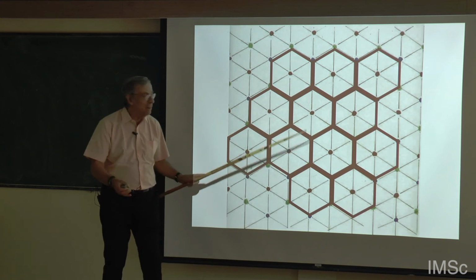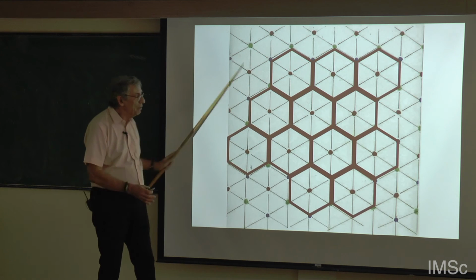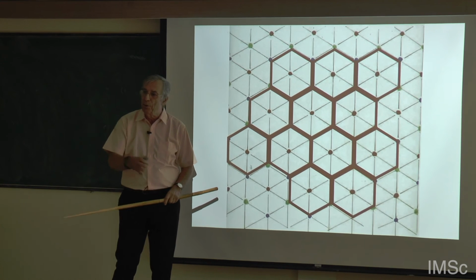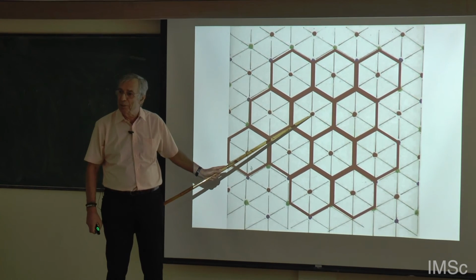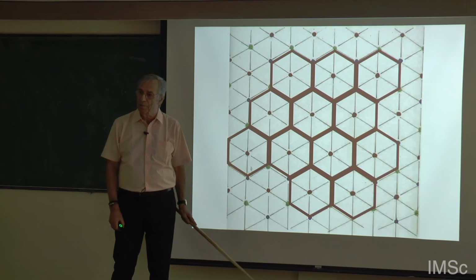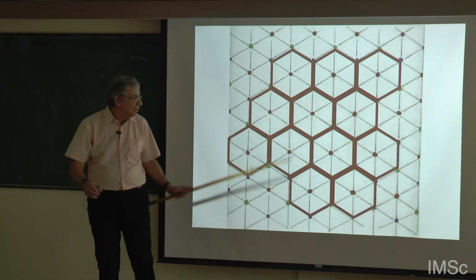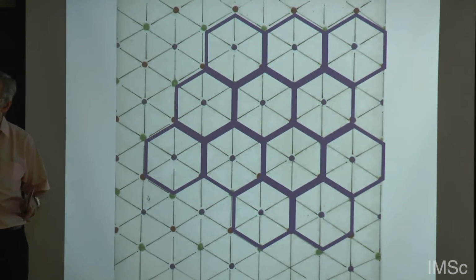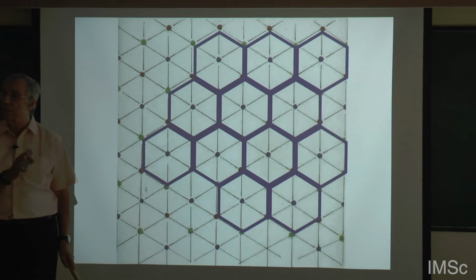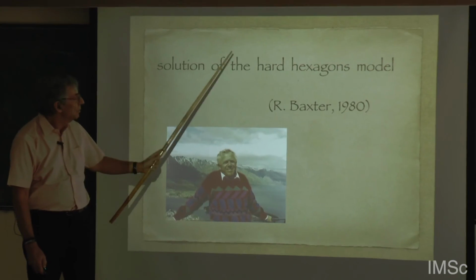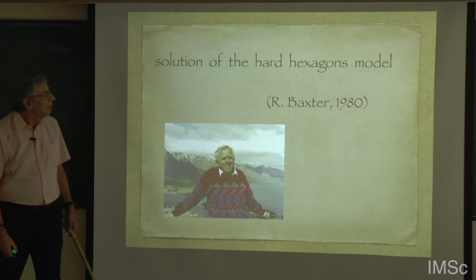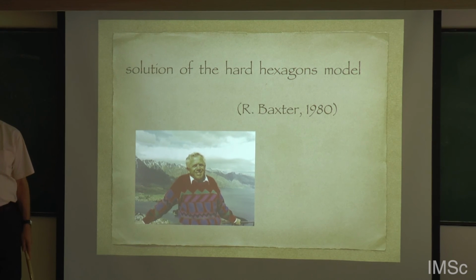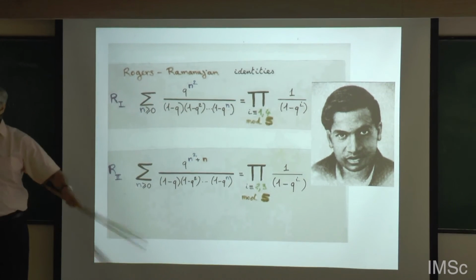And if you begin with the fully packed lattice and you begin to delete some hexagons, then the probability to get blue, green, or red: you have a very high probability to get red. So it's no more 1/3. So there is a phase transition. This is a frozen state, or this is another frozen state. And between all packed molecules and very few molecules, there is a transition somewhere. This was given the solution by Rodney Baxter, the solution of the hard hexagon model. And surprisingly, everybody was surprised, all the commentators, that Ramanujan appears in the story.